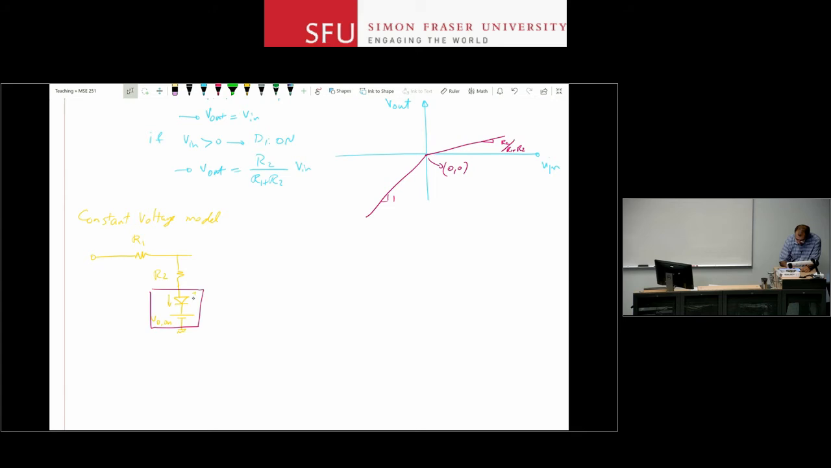VD on for the ideal diode internally, that's VD on from outside. This top to the bottom is VD1. And my interest is in finding the V in, V out relationship for this circuit. In the interest of time, I'm going to leave this to you to solve at home. And what you will see is that